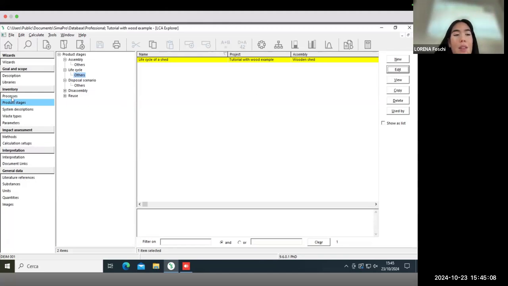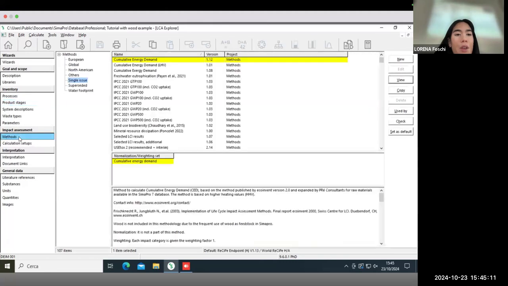Okay, as I said before, you can, of course, select the impact assessment method that best fits your goal. So, for example, if in your study you have declared you want to assess only the carbon footprint of this wooden shed, of course, it will be simple